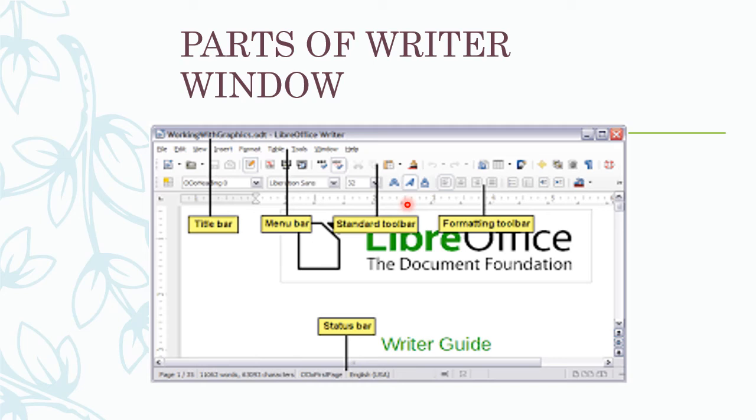Because it's in A4 size. The default size is A4 size. If we want to change the page size, we can change, but while we are changing, the content will be removed according to the size we are giving. So we have to be very careful about it.